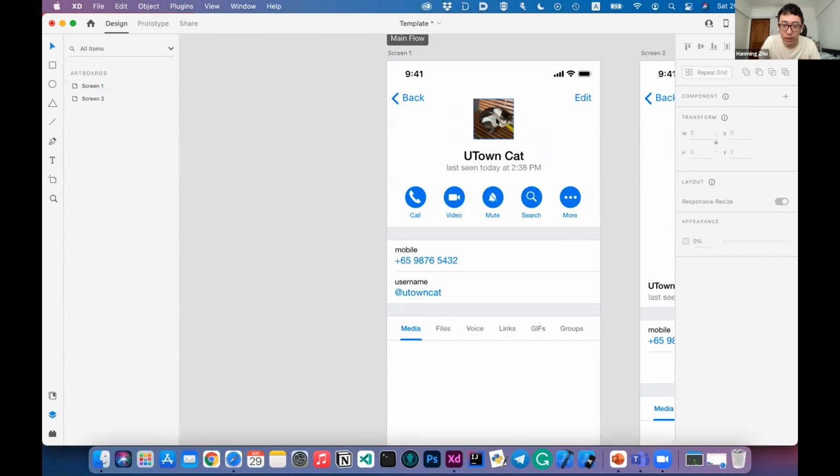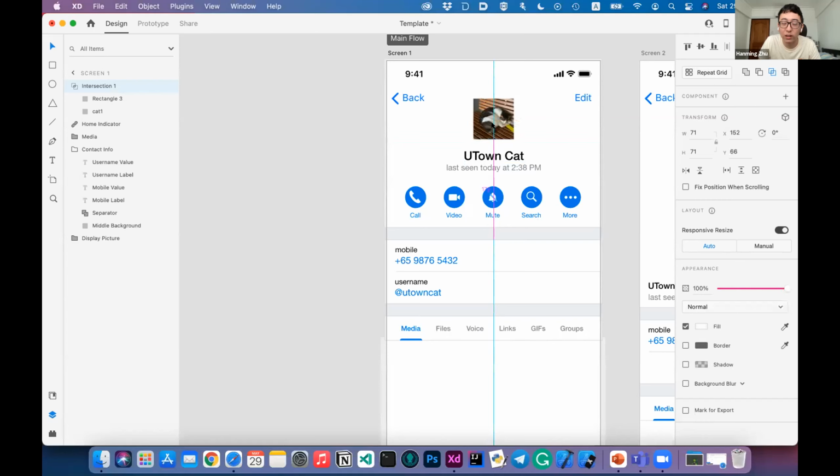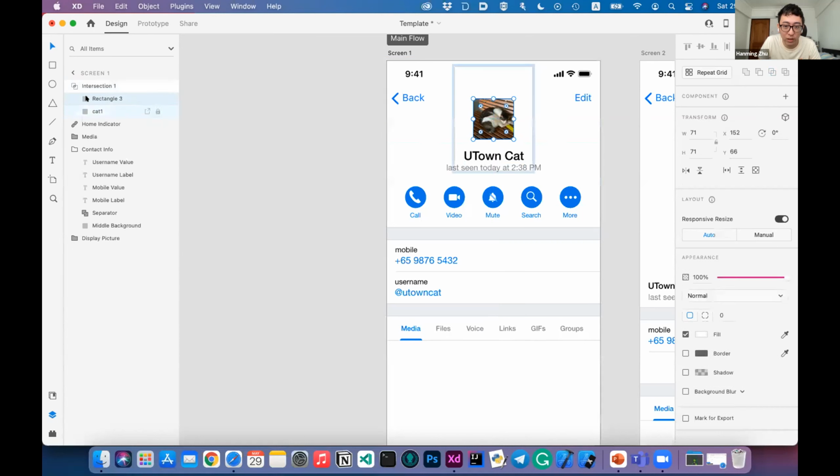Then you say, okay, but we want a circle, right? Why are we doing a square? It's a good question. What we want to do is click the rectangle: layers on the left hand side, expand out, rectangle, then come down to this part. There's this border radius. For those who have done CSS, this is instantly intuitive already. Border radius, amazing. But for those who have not, what's border radius? Basically, you can set the radius of